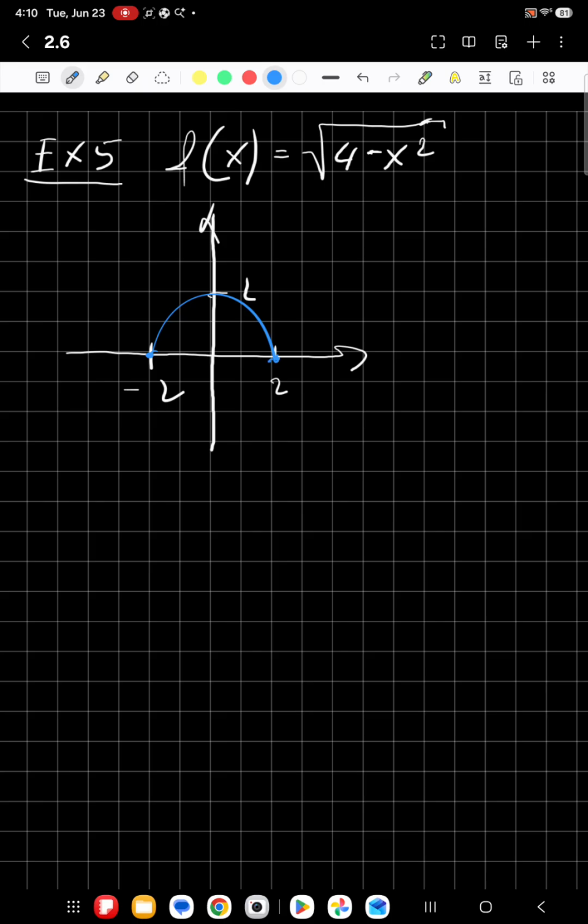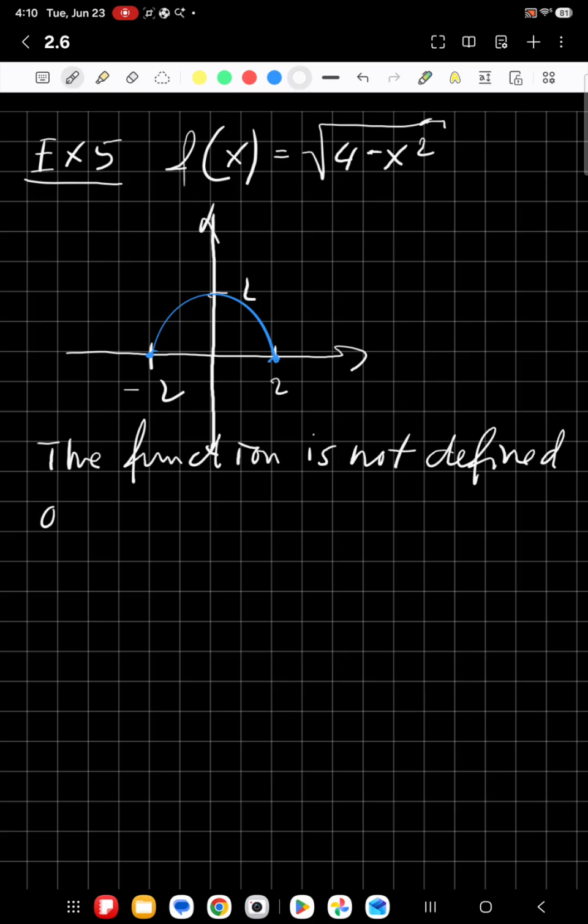In this case, how can we write it? Let's just say the function is not defined outside of